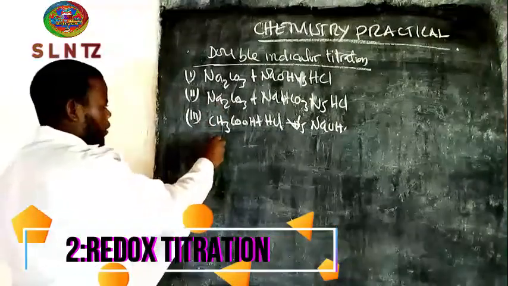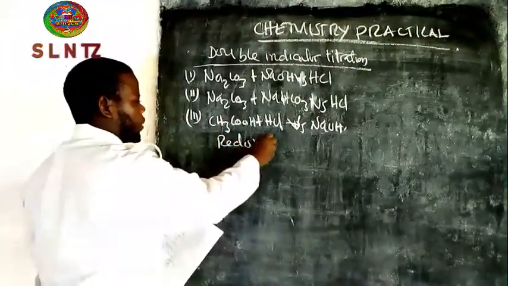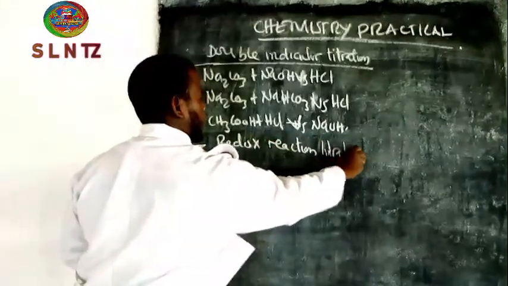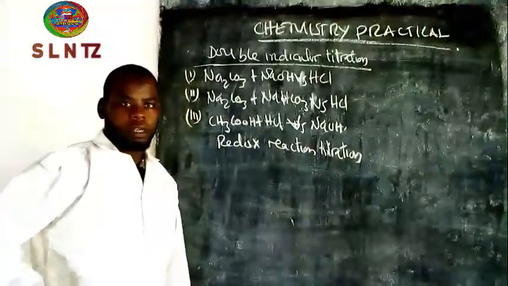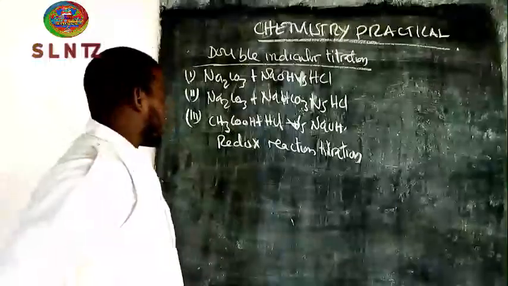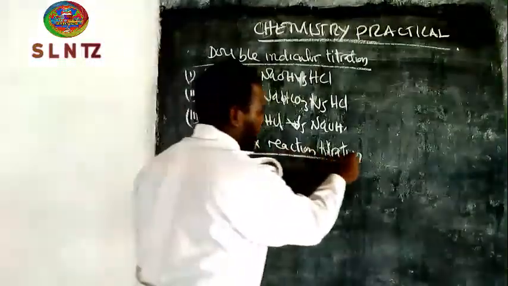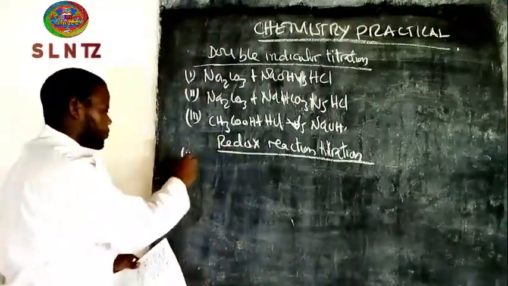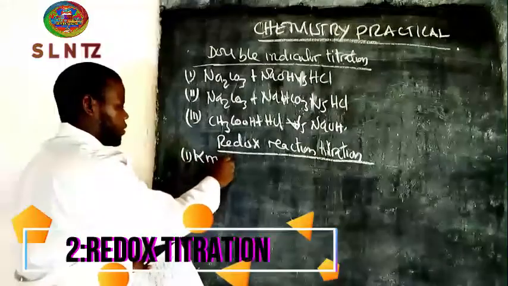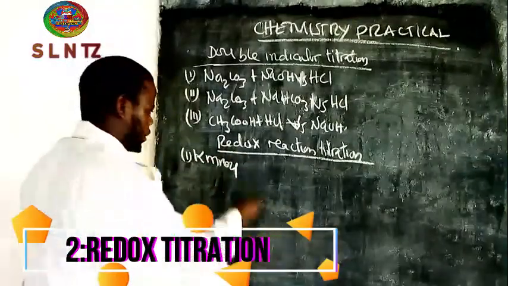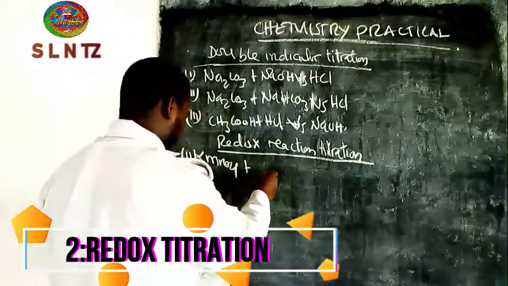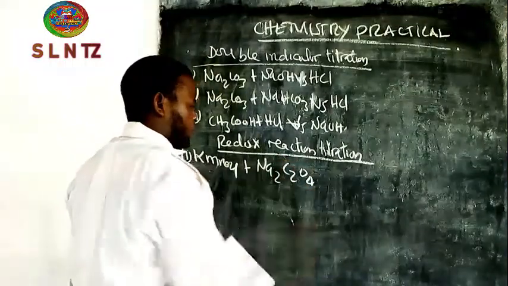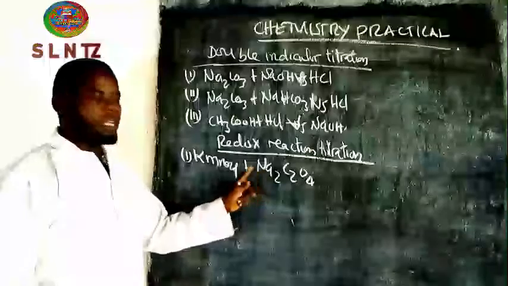Number two, there is redox reaction titration, or redox titration. Which practicals do you have to concentrate on in redox titration? First, you have to concentrate on potassium permanganate, the main reactant, with sodium oxalate. This is performed under heat